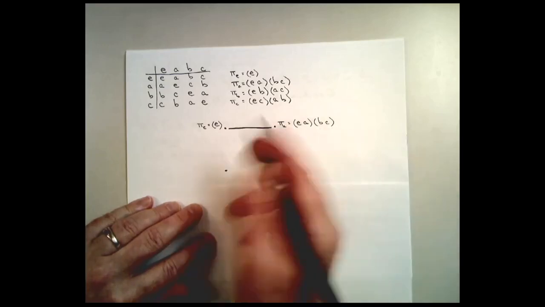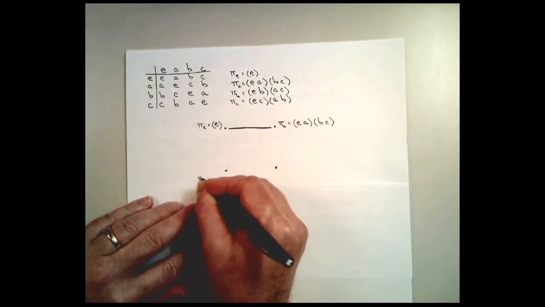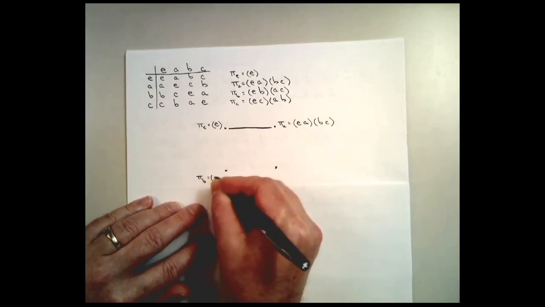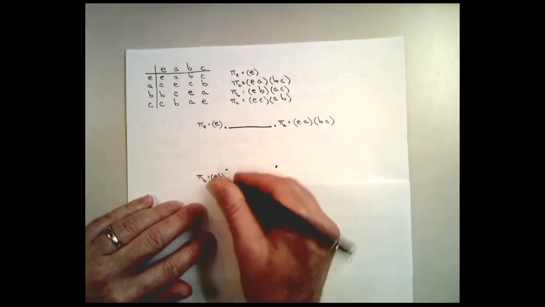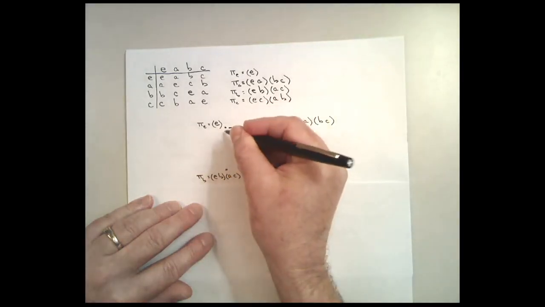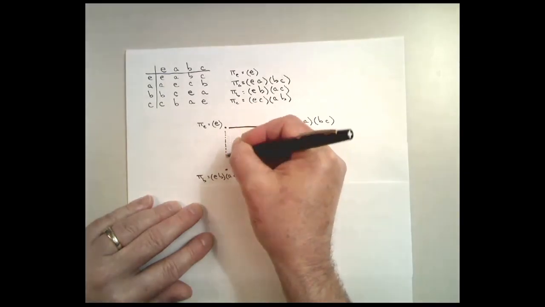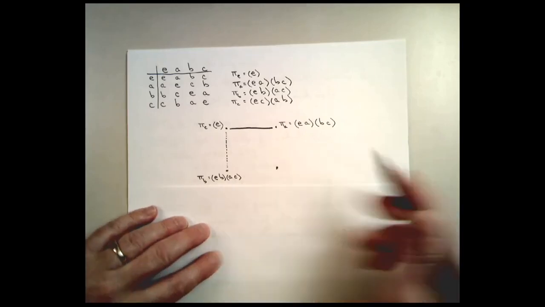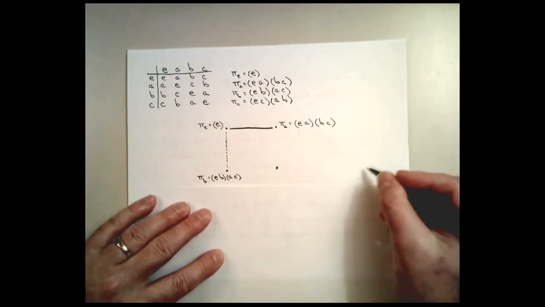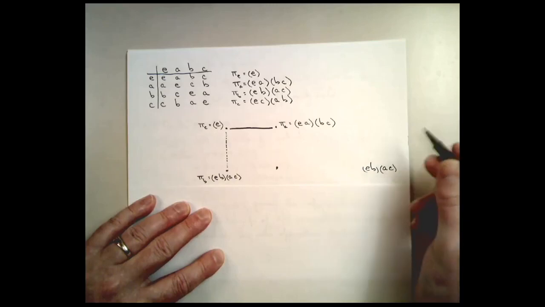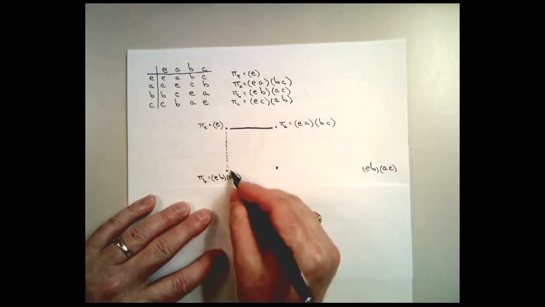Let's label this as pi sub B. So what is that again? That's EB, AC. And if I follow that from the identity, I'm going to get a bidirectional arrow there. Let's see what happens if I start with EB, AC and do a solid arrow